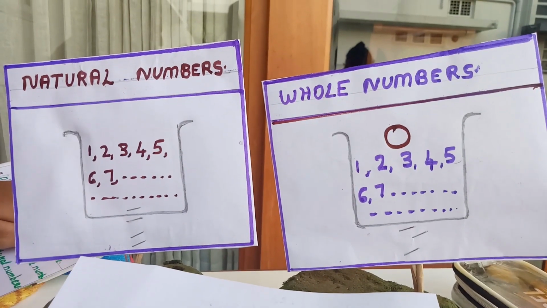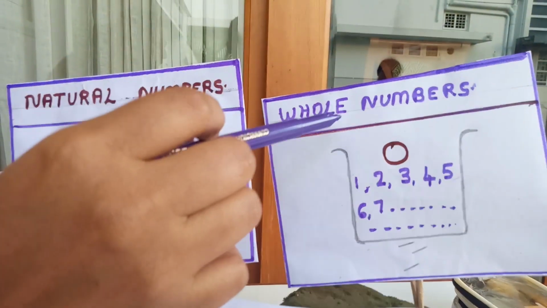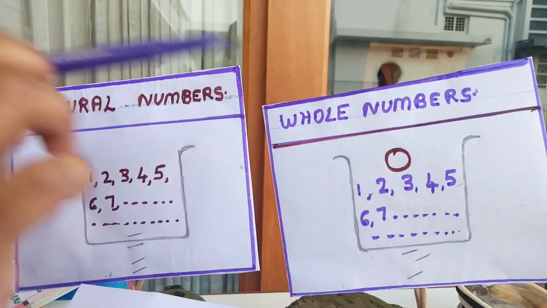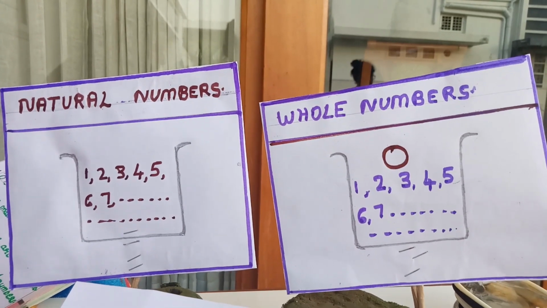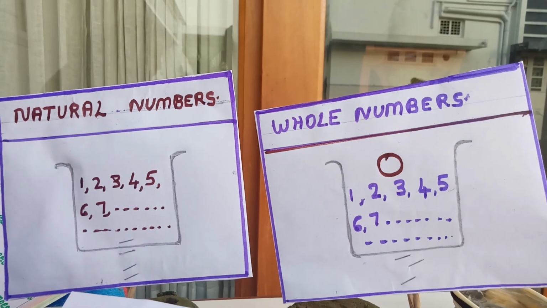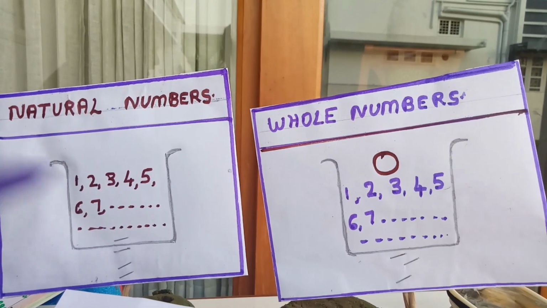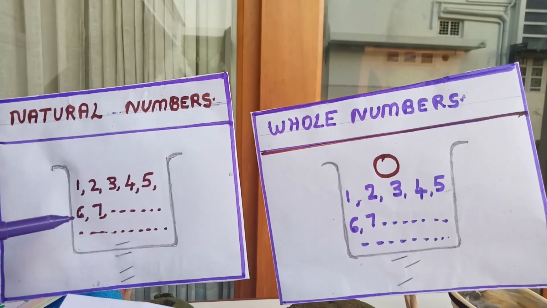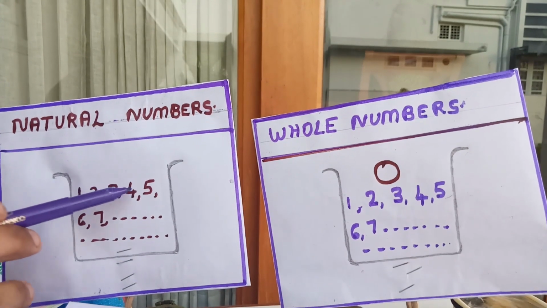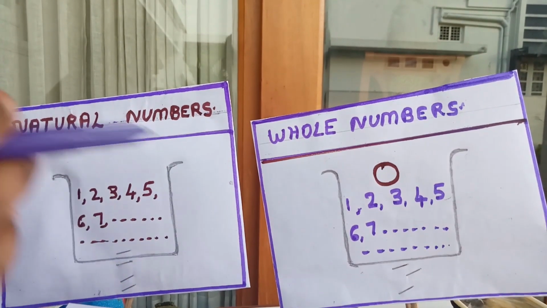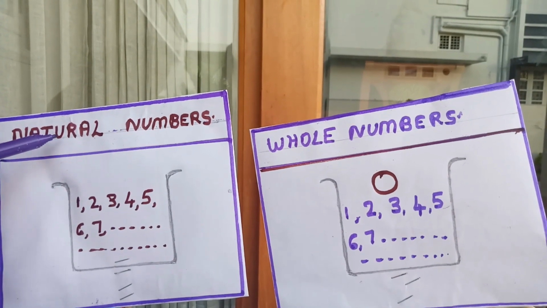Next, we are going to think of what is the meaning of natural numbers and what is the meaning of whole numbers. See, natural numbers are all the numbers we use naturally. If you are getting a chocolate box, you will count as 1, 2, 3 like that. Those numbers we call natural numbers. That is, natural numbers are 1, 2, 3, 4, 5, 6, 7, 8, 9, 10. From your LKG onwards, you are studying these numbers. That is called natural numbers.